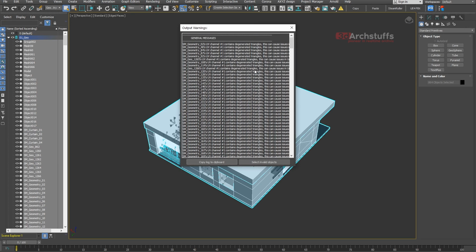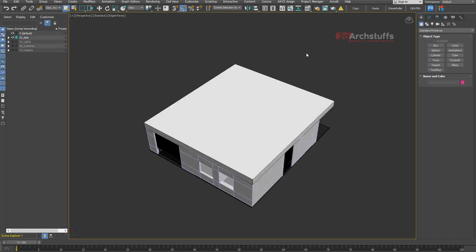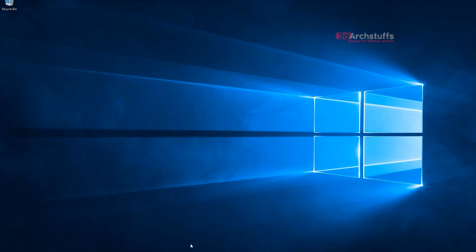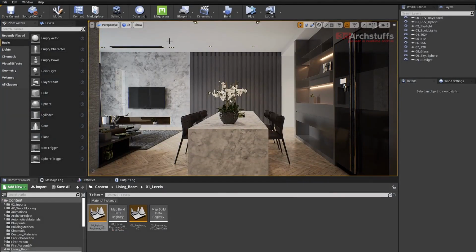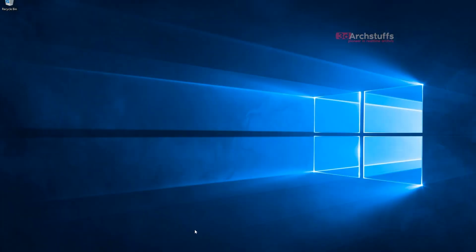So let's go ahead, close this dialog box, and then again I will save the Max file, and I will minimize this. So now let's go ahead and I will close this Unreal Engine, and now I will open it. So before that, what I will try to explain is we have to